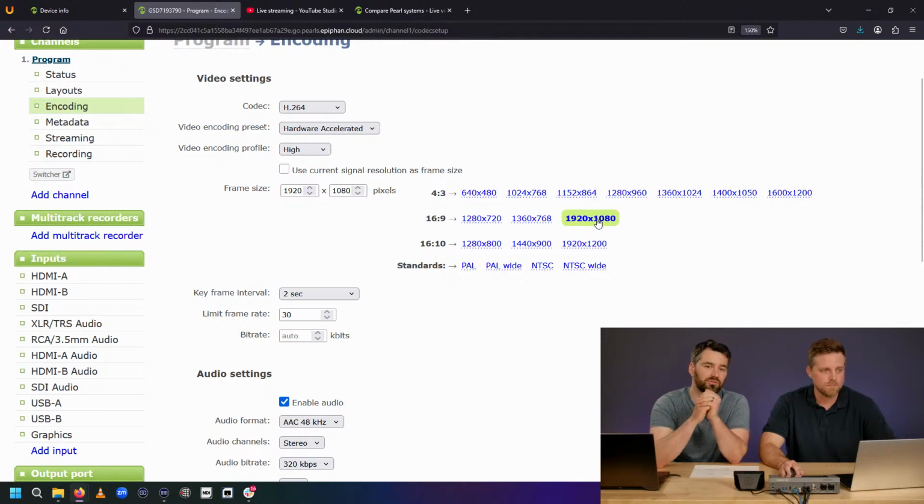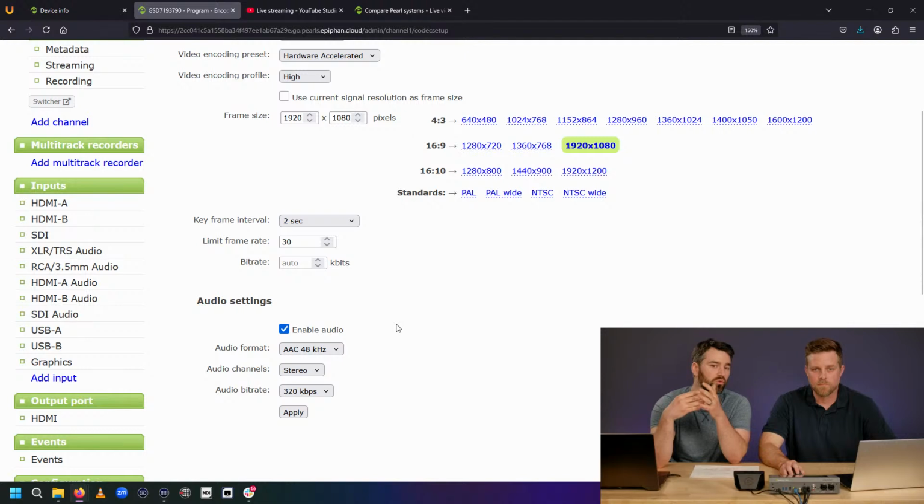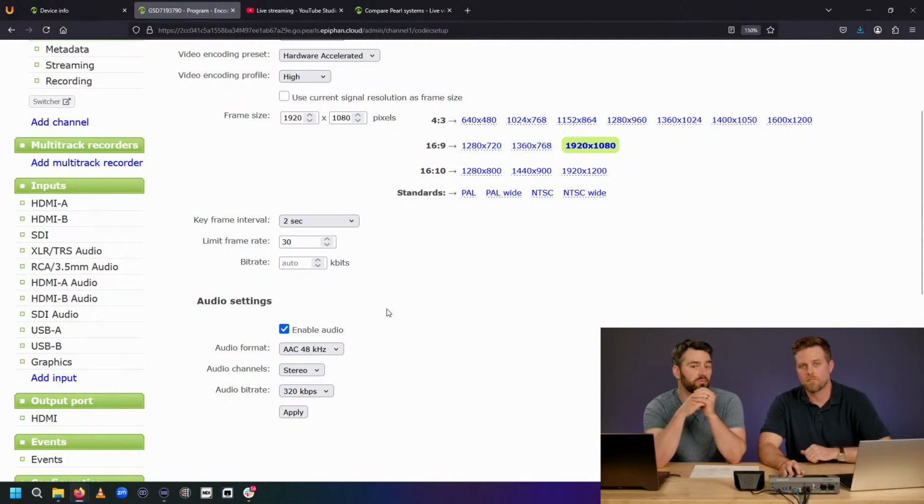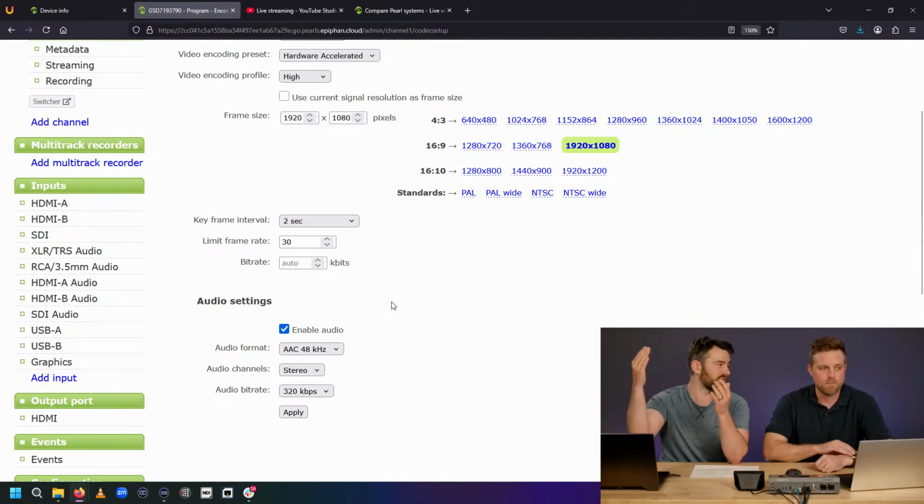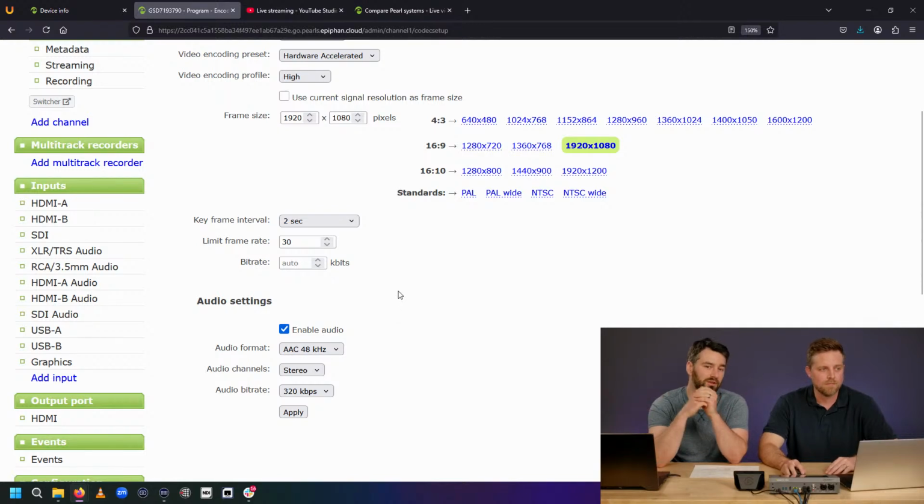Set a static resolution, and then everything else you see here, like keyframe interval, frame rate, bit rate, is usually dictated by the place you're streaming to. But if you're just doing local recording, then you have room to set this up to 50,000 kilobits per second, or 50 megabits per second. So you have lots of space to get some more quality out of your codec and change your frame rates and things like that.